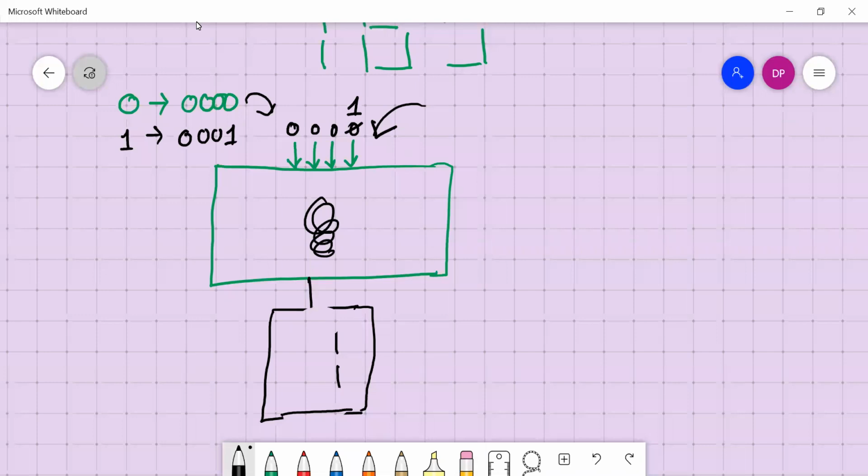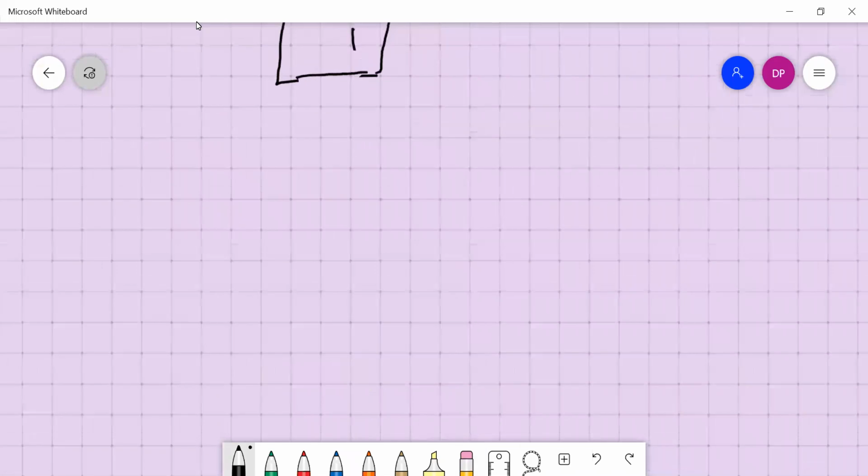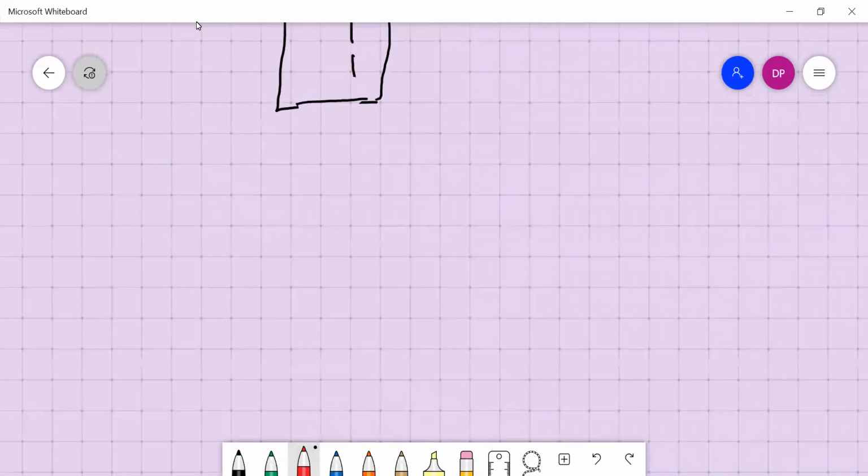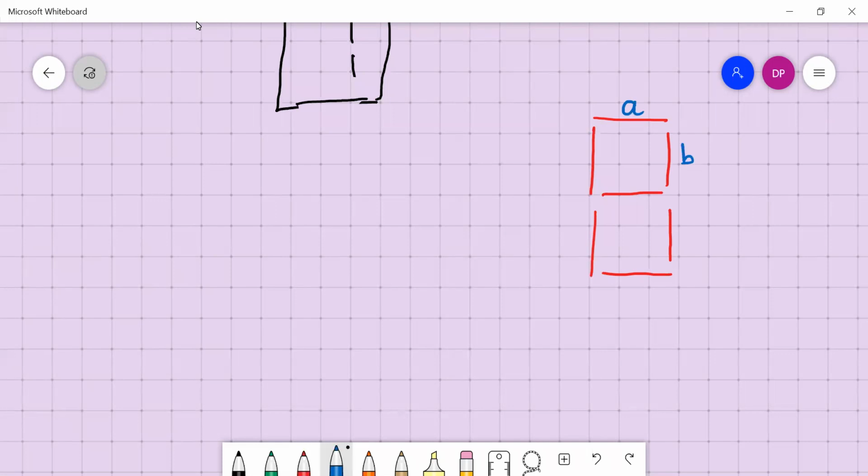Okay, so in order to understand this, let's represent this 7 segment display structure. This is the structure, right? We will name the segments small a, b, c, d, e, f, g, right?